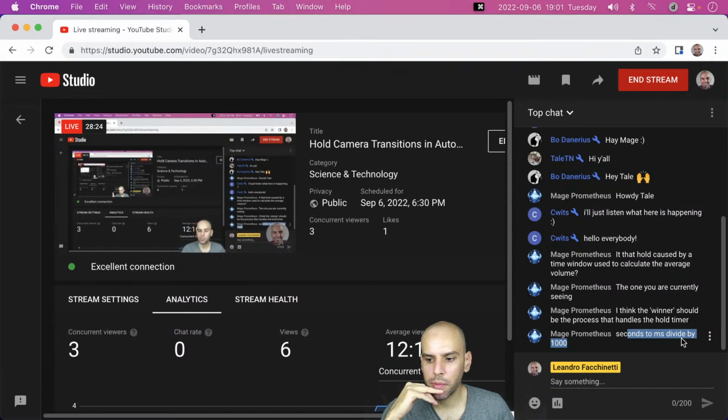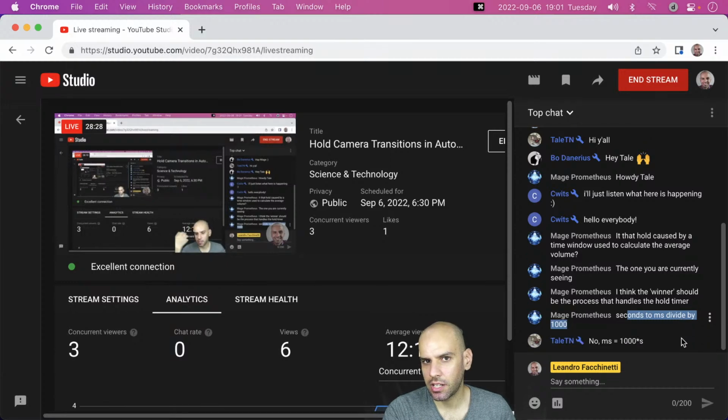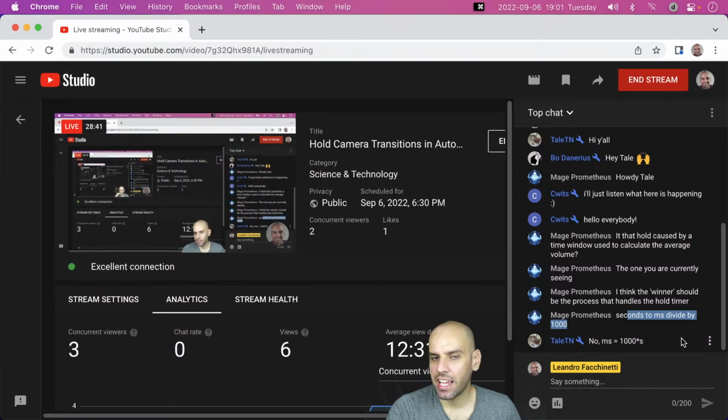But I'm worried about that just going offline and then no other camera switch would occur. And the only fail-safe I can think of for this is for other instances to look at the clock of the last transition. So it ends up being solution number 2. Do you think that this would be a problem? And can you imagine some other solution? Let me know. Yeah, so milliseconds is seconds times 1,000.